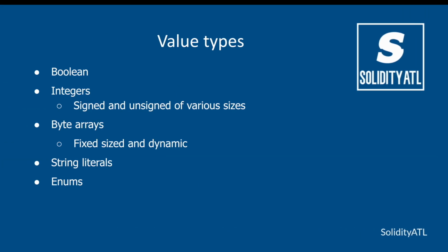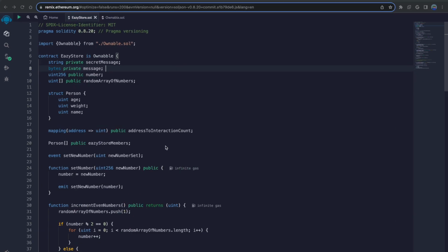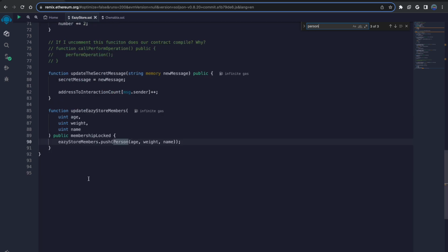Okay. So Solidity also supports reference types such as arrays, mappings, and structs. We will take a look at that here. So this is how you define a struct. And there are many ways you can initialize a struct after you define it. We can jump down to here. So if you wanted to initialize a struct, you would just use how you define it, and then throw in those parameters that you have for that struct.